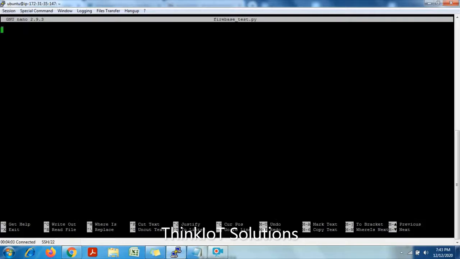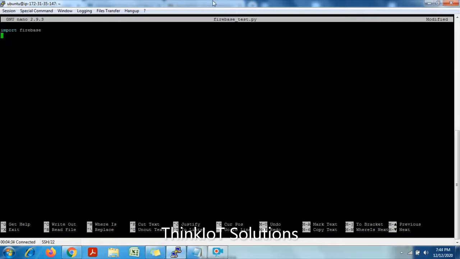Okay, so the first thing we need to do is call the libraries I will be using in my Python program here. Like in C, if I want to include any library, we use #include and the library name. Here we use import, space, Firebase, the first library I will be calling here. So I am importing the library called Firebase.